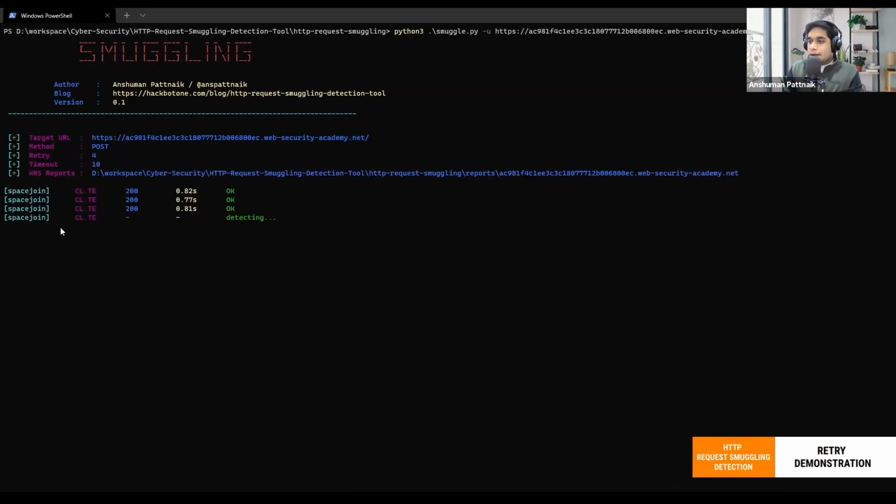So you can see here the CL.TE is applied 4 times, and the TE.CL is also applied 4 times. So this flag is very useful while exploiting a large website.